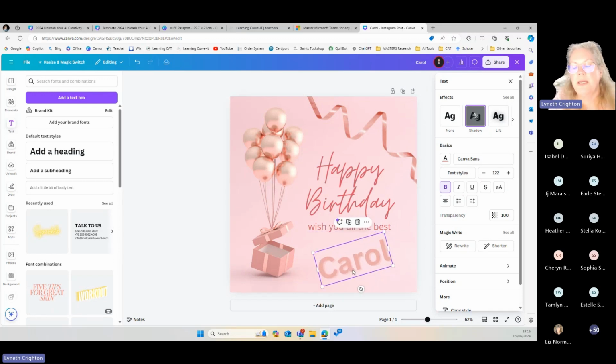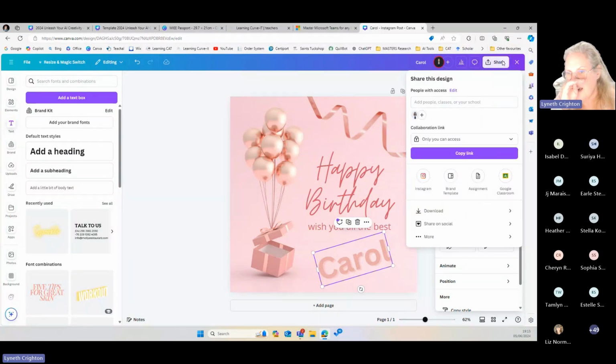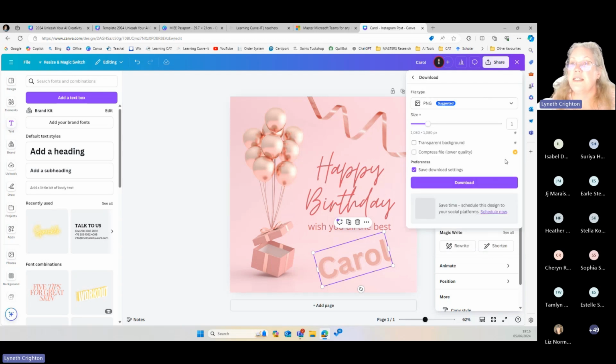On the mobile app, most of the tools are at the bottom of the window, but you then go share. Now, this is the other thing. If you do not have an education account or a pro account, you cannot download your images. So I then on my phone say download the image. This is also relatively new.